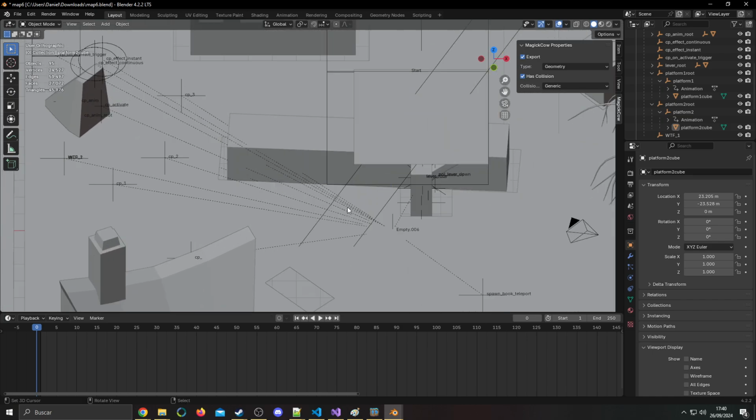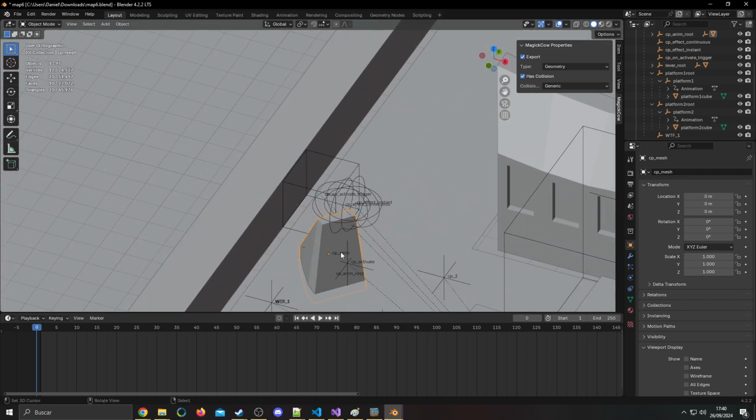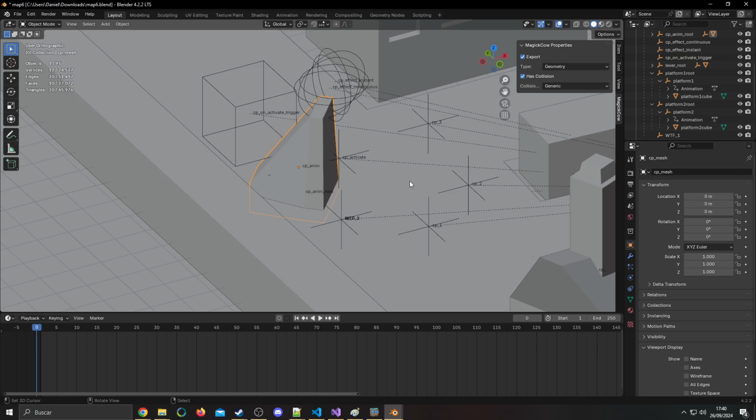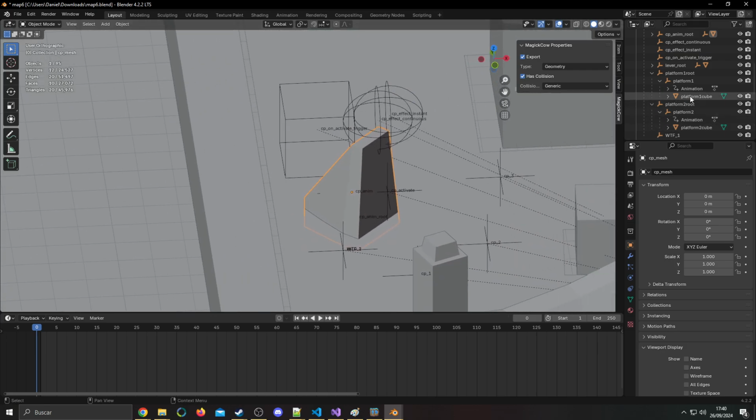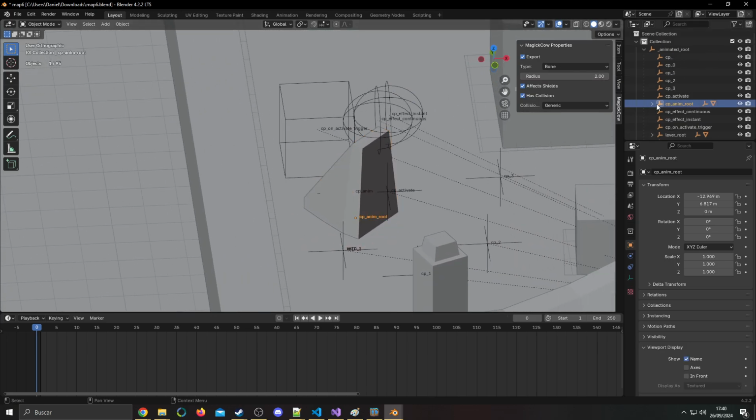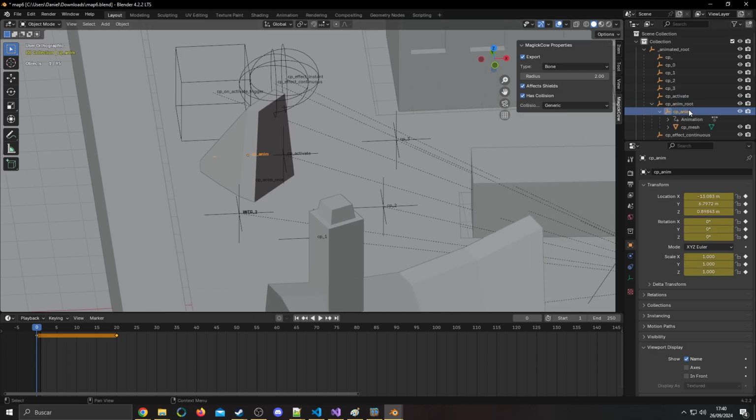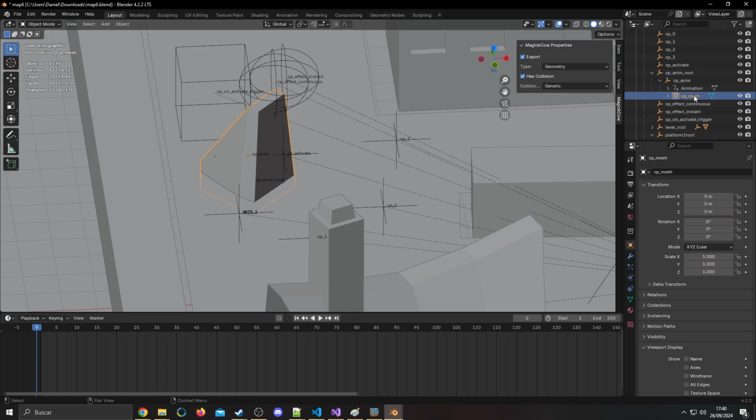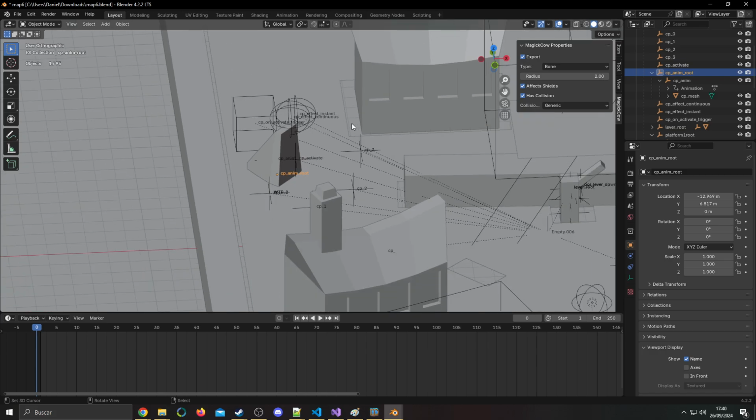So if we recall correctly from the previous video, this is the object I'm going to use as an example. We can come over here and look at it. And before it was just CP anim, which was a bone for the checkpoint, right? And it had its mesh, and that was it, right? There was absolutely nothing else about it. Well, now it has a root, and that is because the way that offsets work in Blender is that they